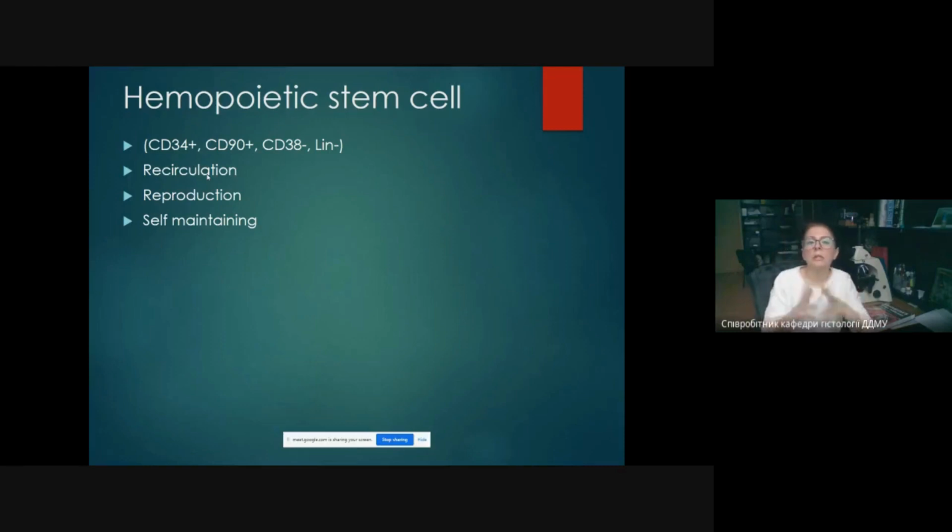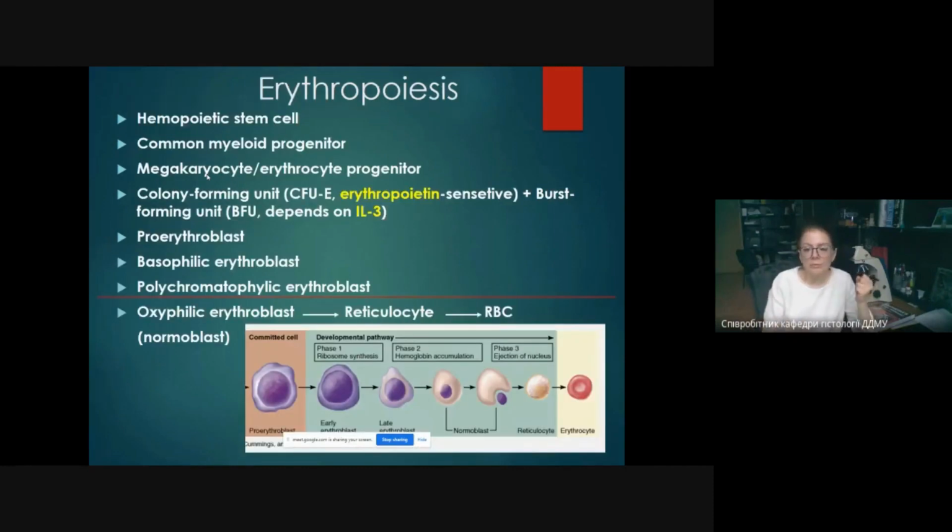I just want to highlight that hematopoietic stem cells are the only type of stem cells widely used in practice, and other stem cells like embryonic, like fetal, are not so widely used, and they're still waiting for their use in practice. And now let's talk about every branch of hematopoiesis, starting from the red blood cells. So erythropoiesis,